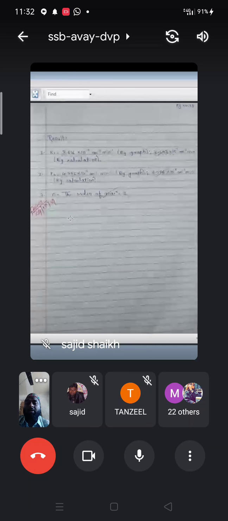Okay, total 5 experiments we have completed. Those 5 experiments should be completed, and I will see them next Saturday. You have to show me the pages of the journal, whatever pages you have used for writing these experiments. You have to show one by one. In the next practical we will go through these particular things.